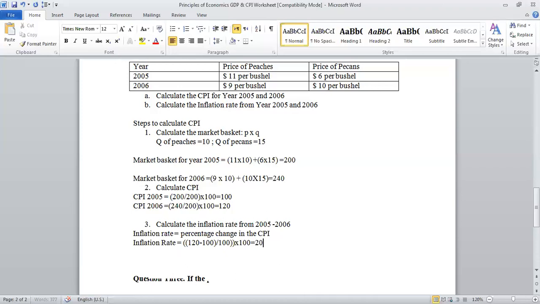What does this 20% mean? This 20% means إن نسبة التضخم أو الزيادة in the price level is 20%. تمام؟